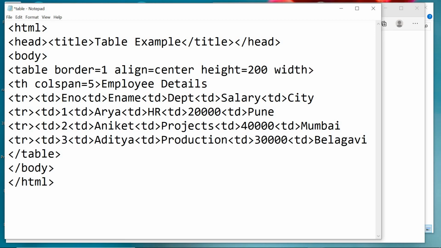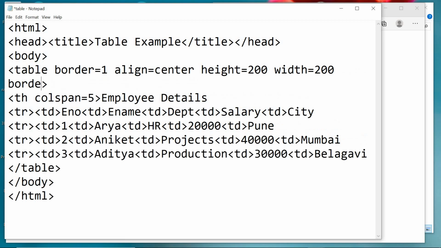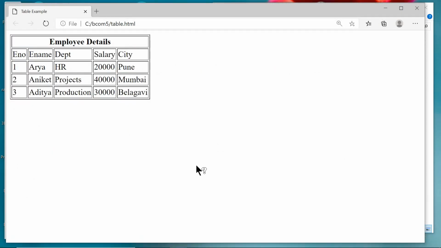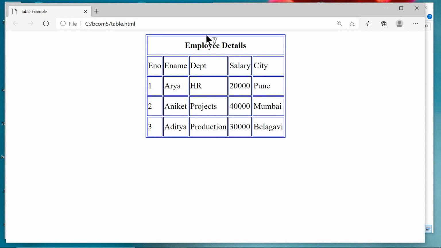Width equals 200. Then we will provide border color. Border color equals blue. Save this one. We will see the output. Reload it. We can see right now the table is at the center and the border color is blue.